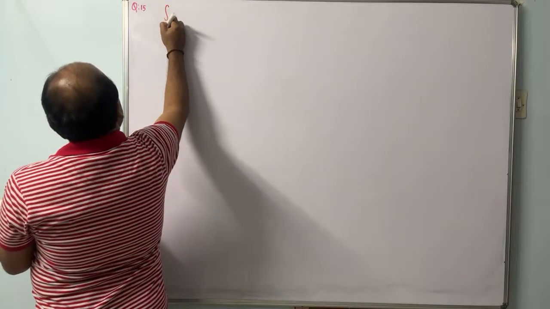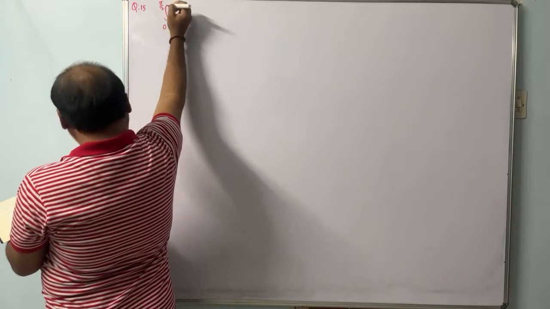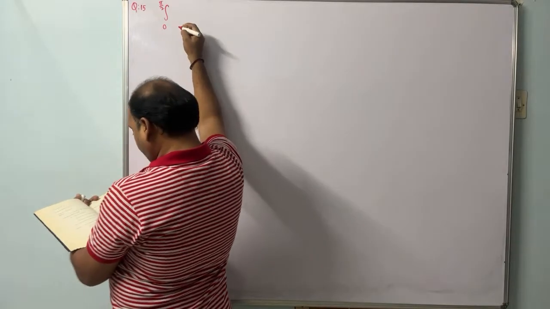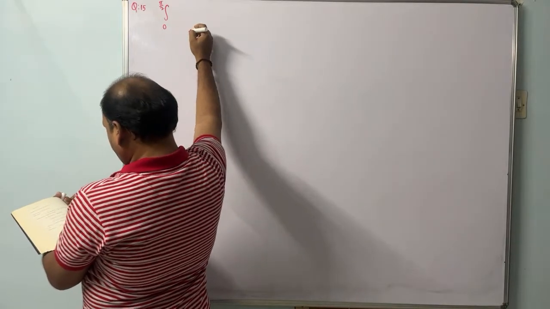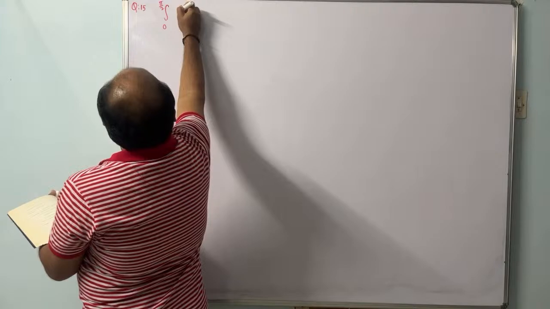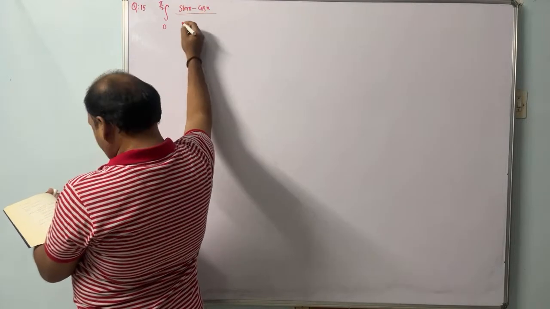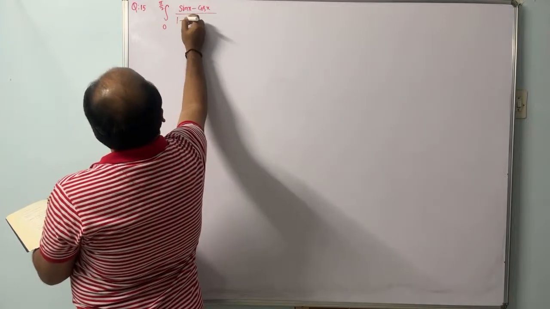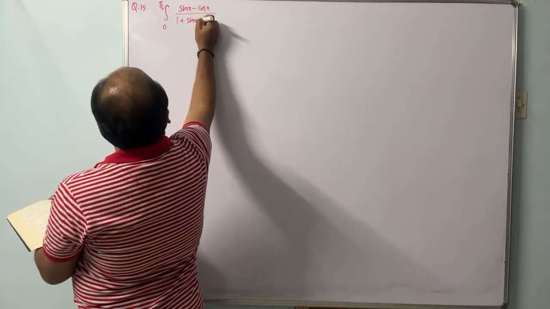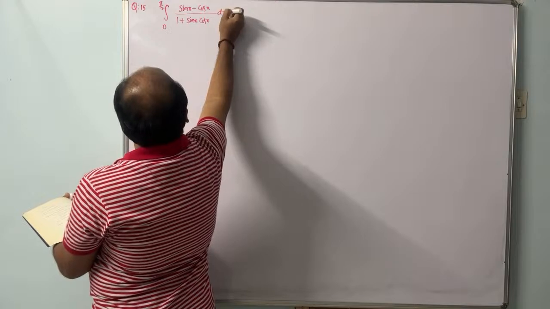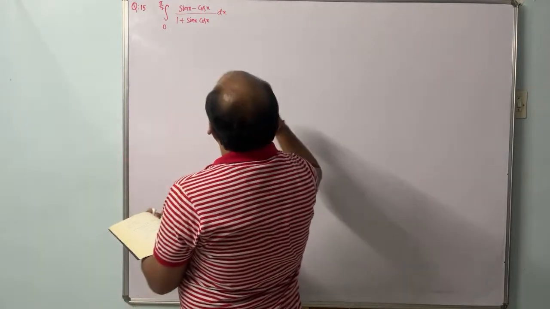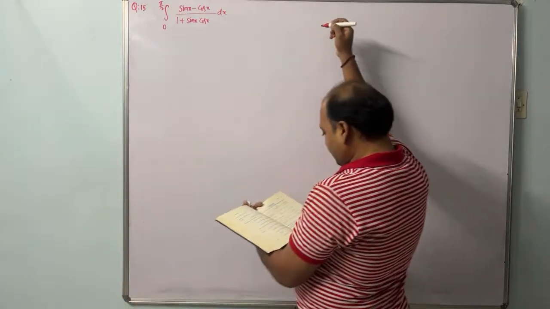Integral 0 to pi by 2 of (sin x minus cos x) divided by (1 plus sin x cos x) dx. Next,